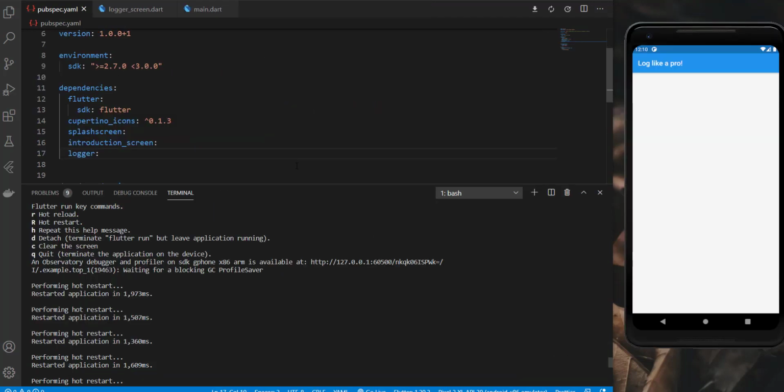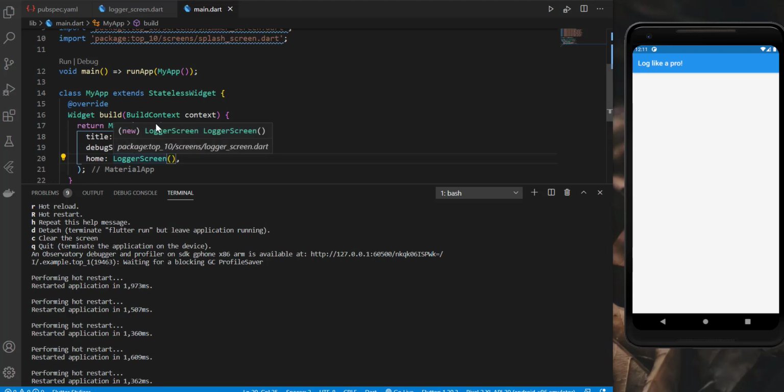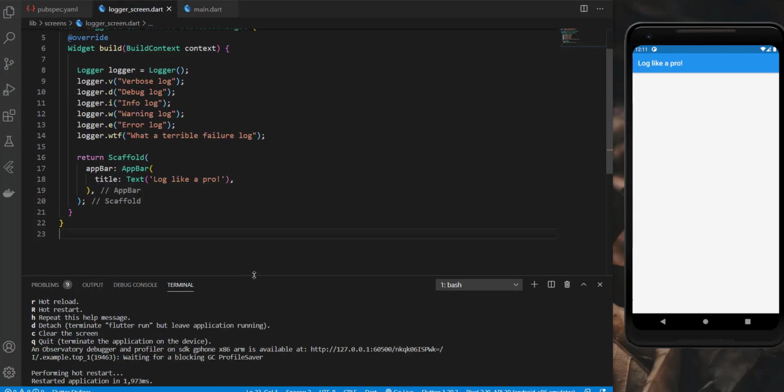Our third package is logger, which really helps us to see the print statements in the console in a really nice way. We all use print statements in our code, and they can get really messy, and we might not even see them in all of the stack trace that Flutter outputs when it's running the app. So logger helps exactly in that. To add logger, just put it in your pubspec YAML file, just like this here. In the main.dart file, I change it again to the logger screen, and in my logger screen, let's see what we have here.